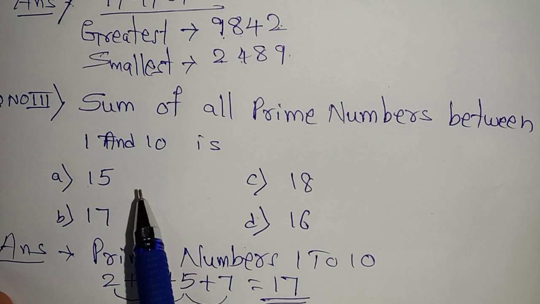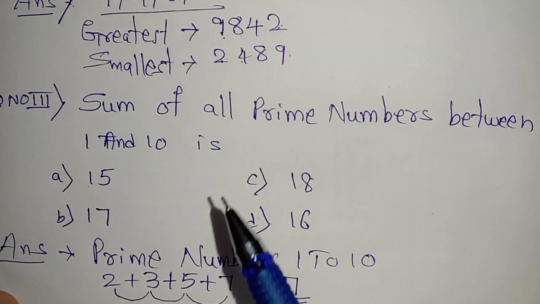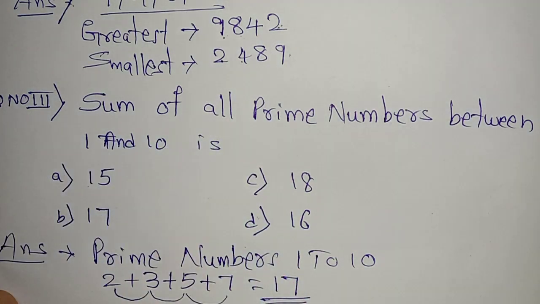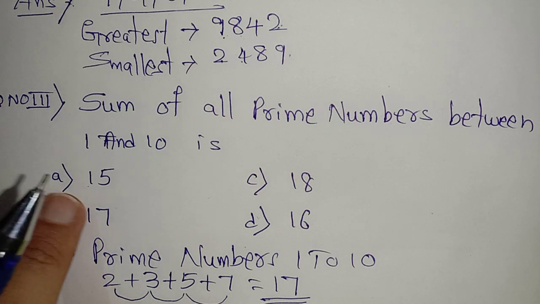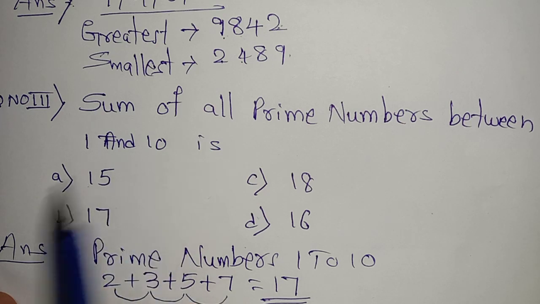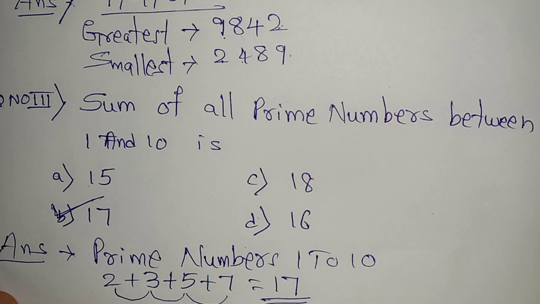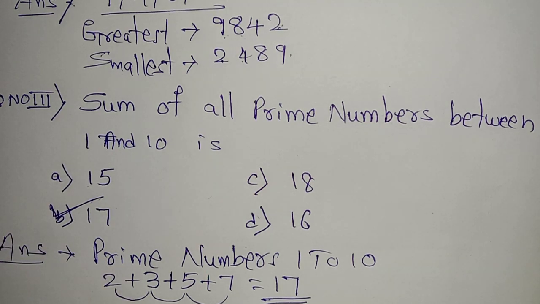Okay students, that's why what I am telling you, we have to solve this first. We have to understand the question. Okay, if it is not understood, read 1 time, 2 times, 3 times, then understand the concept, means understand the question, then solve in rough, then only you can go for the answer. Now 17 we got here. So the first one is 15, it is not the answer. The second one is 17, so this is the right answer. For this kind of questions, you should know the prime numbers between 1 to 100.